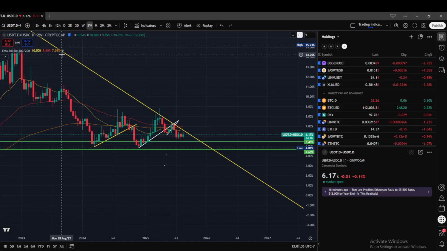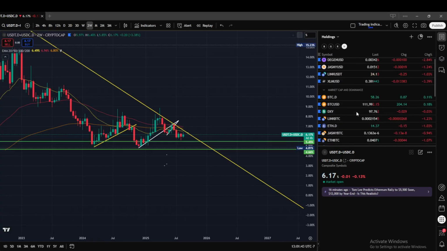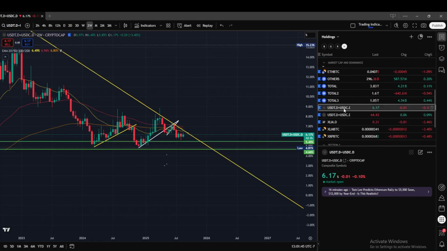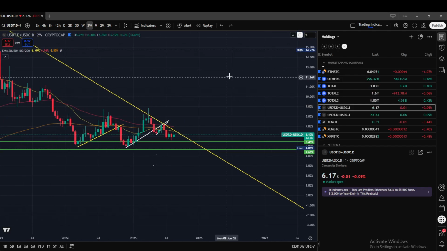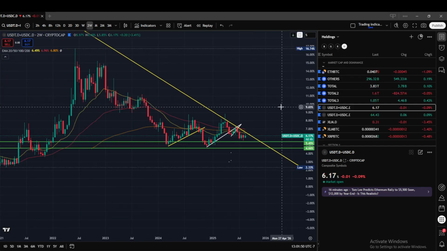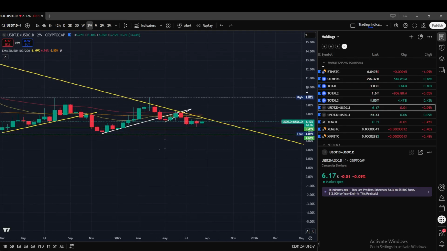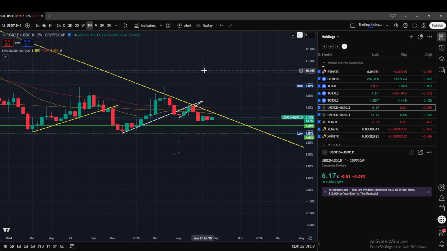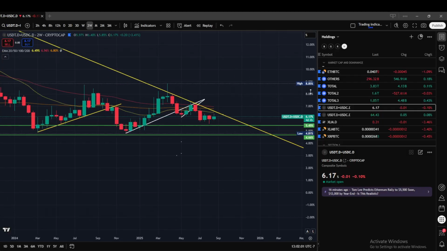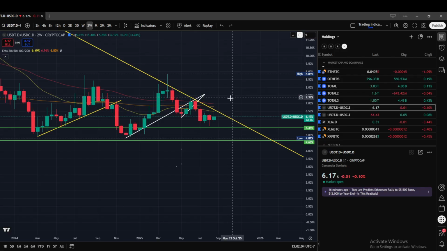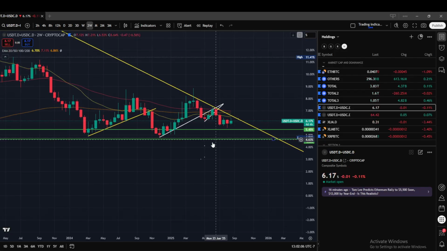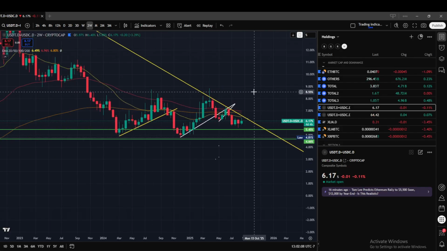So if we're looking at this chart, we're at USDT.D plus USDC.D. All right, this is it right here, USDT.D plus USDC.D. And we have this updated trend line, just based off of the 2 weeks. I just wanted to put this on here, just based on rejection levels. And right now, we're trying to work our way up. We're still below every EMA, right? Still below every EMA, and the 200 EMA is not even